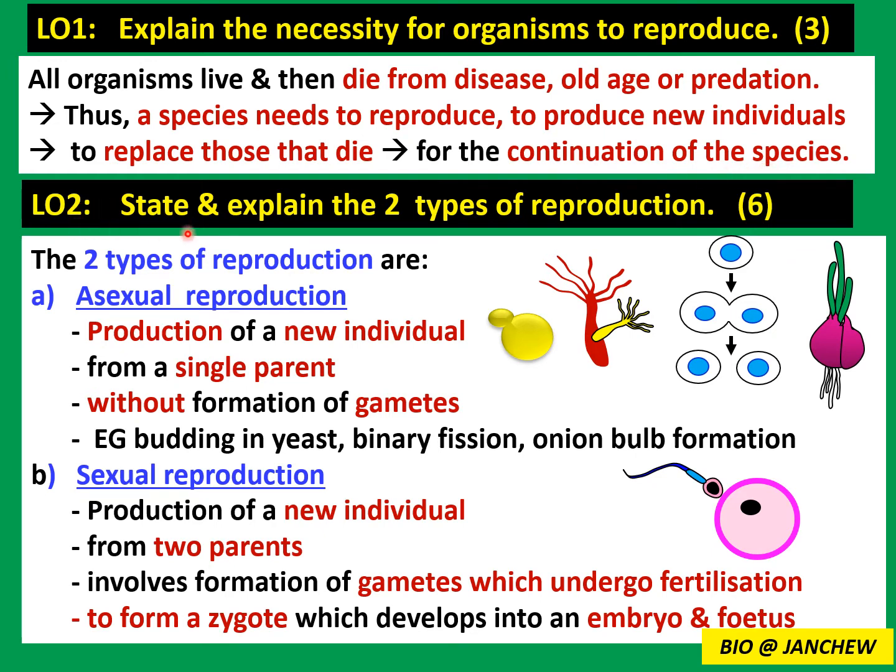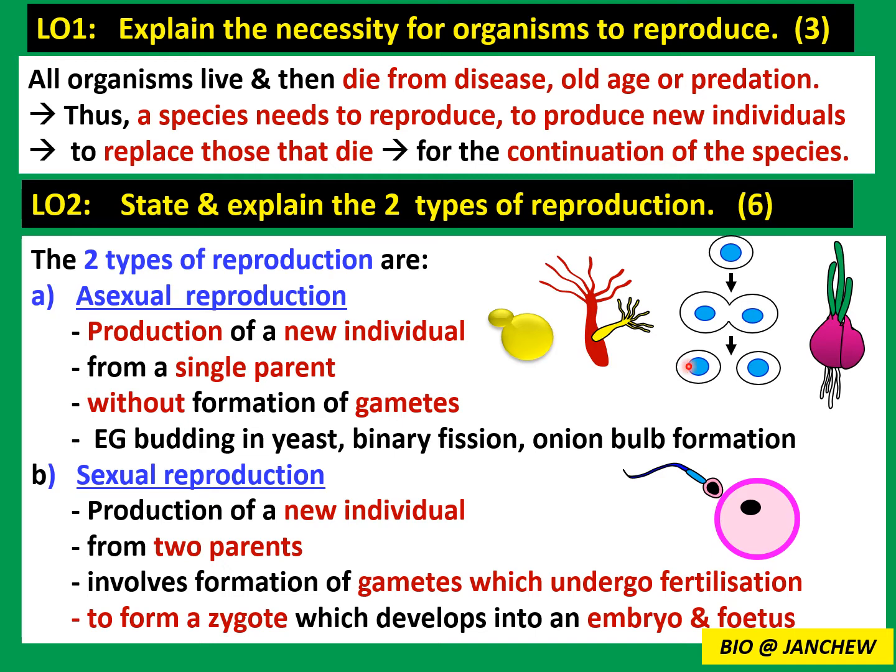Learning outcome number 2, state and explain the two types of reproduction. 6 marks. So the two types of reproduction are A, asexual reproduction, and B, sexual reproduction. Now for asexual reproduction, A here means not sexual. So asexual reproduction means the production of a new individual from a single parent, only one parent, without formation of gametes. Examples are budding in yeast, as shown here, budding in the hydra species,